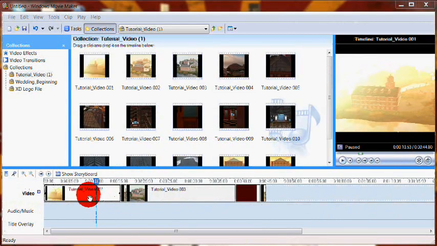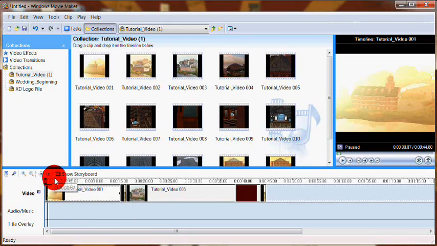Now it's very common for one of your clips to be too long, or maybe there's dead space in it, and you basically want to trim it. Like this first clip is about 15 seconds here, and really if we watch it, there's not a whole lot that happens at the beginning, so I kind of want to shorten that up. There's a couple different ways that I can do that. I can either pause it right here, see how my blue slider's right at that 10 seconds. I can click this button here, which is the split the clip,